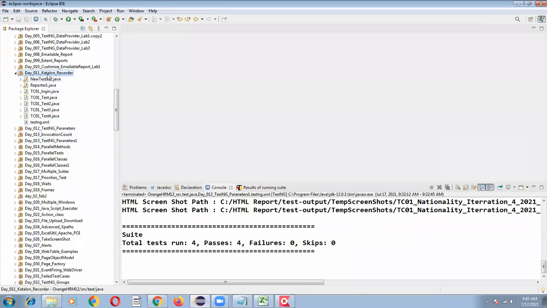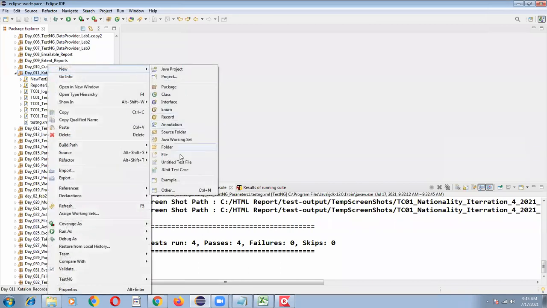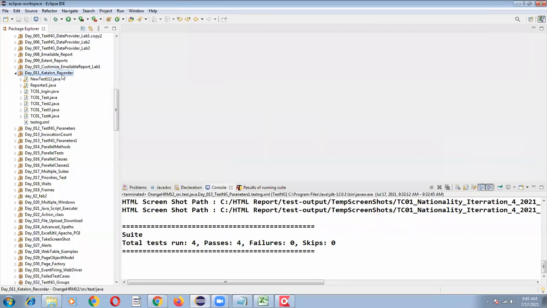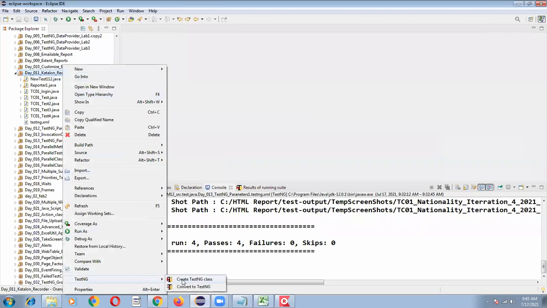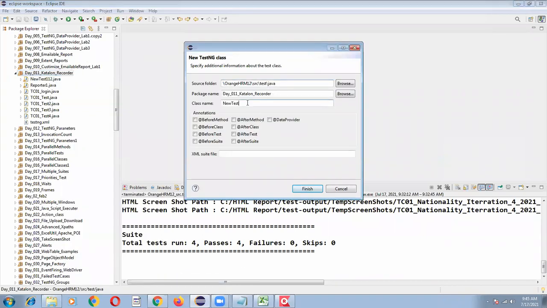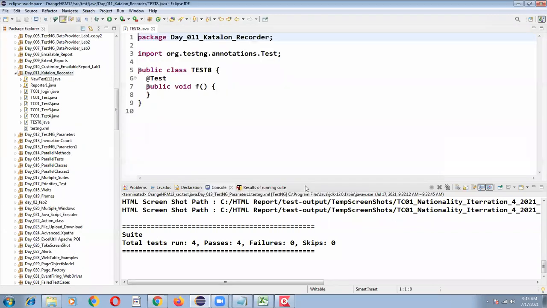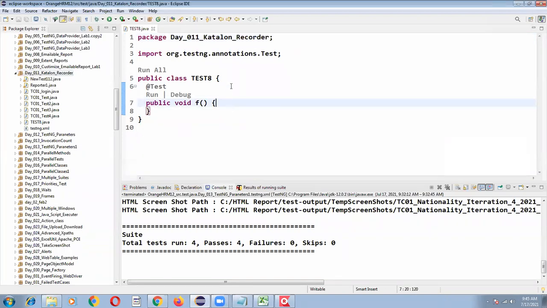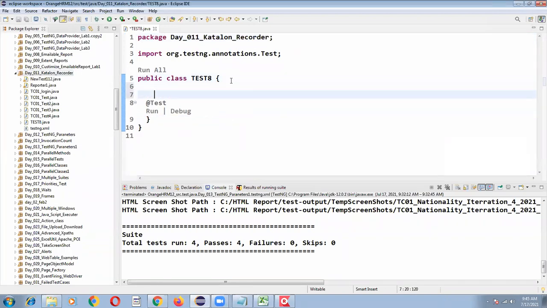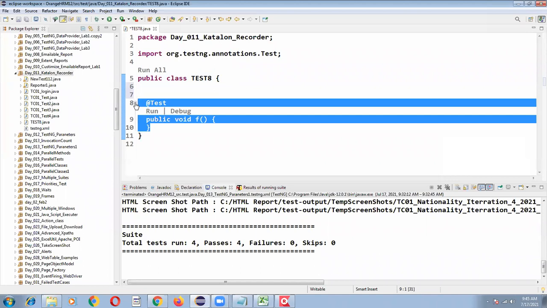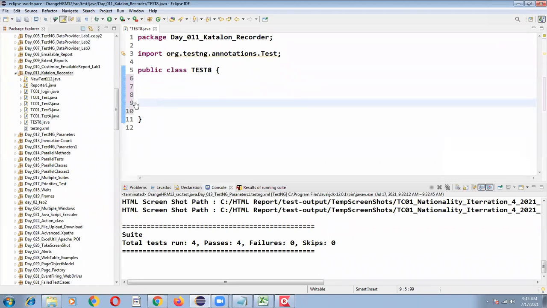Create one TestNG class. Test 8, and I'm clicking on finish. I am removing the existing code and writing @Test.